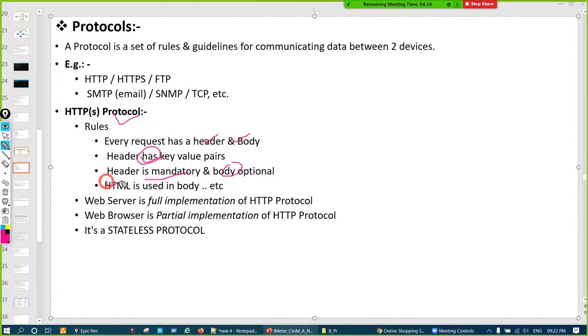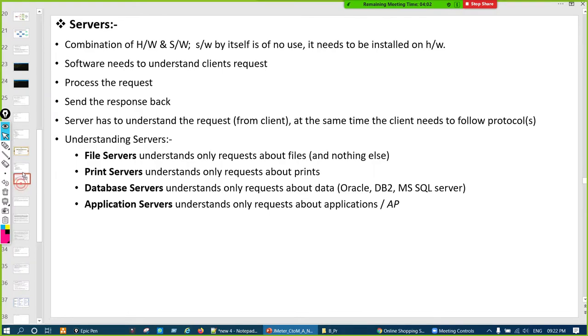HTML is used in the body only. HTML is the language. For now it may be a little confusing, but we'll see that, not an issue. And it's a stateless protocol. The HTTP protocol is a stateless protocol. I'll be revisiting it again. First, let us finish one more thing on this part: server.